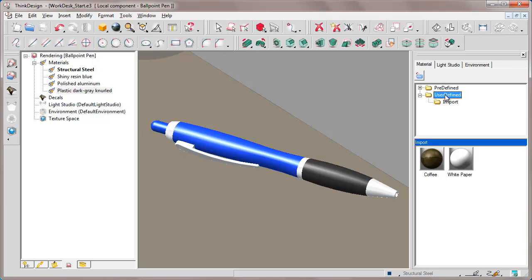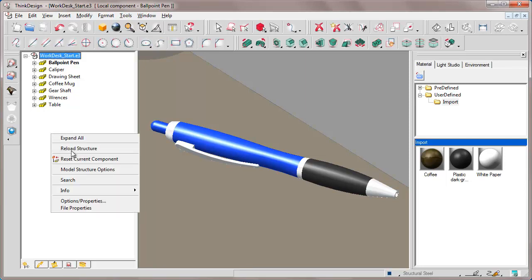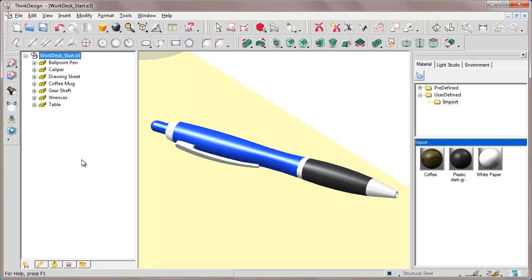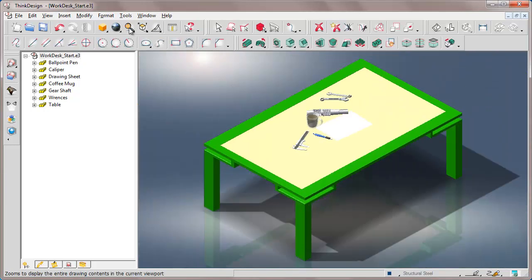To regenerate the existing icon, we select it, choose regenerate, so that it's generated by the material properties, and here again the icon showing how the material applied to a sphere looks like. We go back to the model structure, reset the current component, close the library, and apply Fit View. Now we know how to change the characteristics of materials. In a nutshell, we start from an existing material and edit it to create a new one. So we save